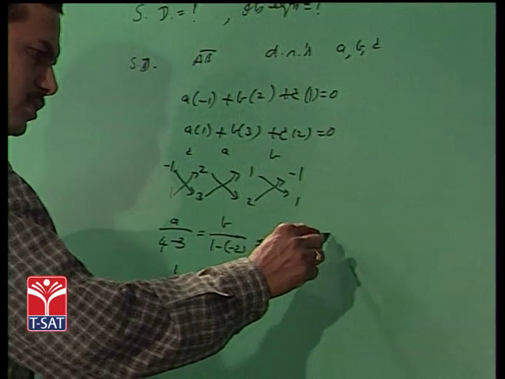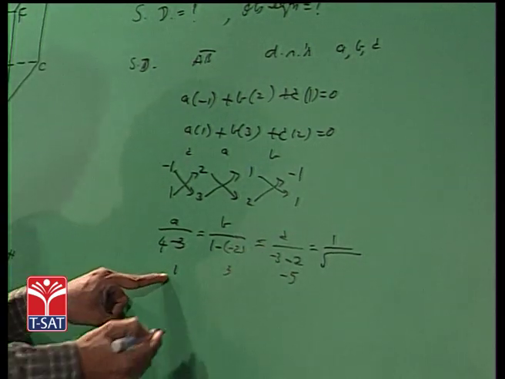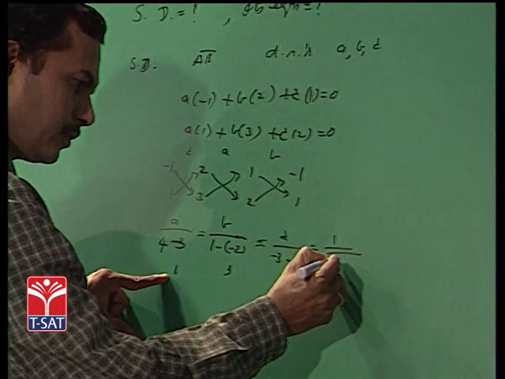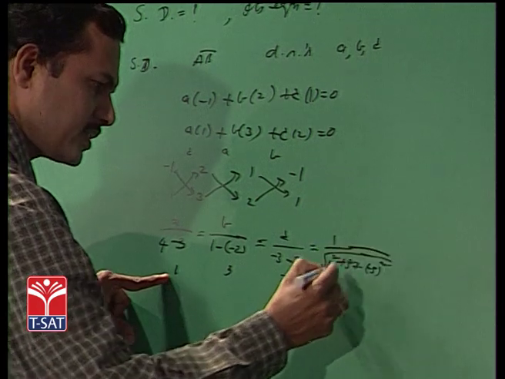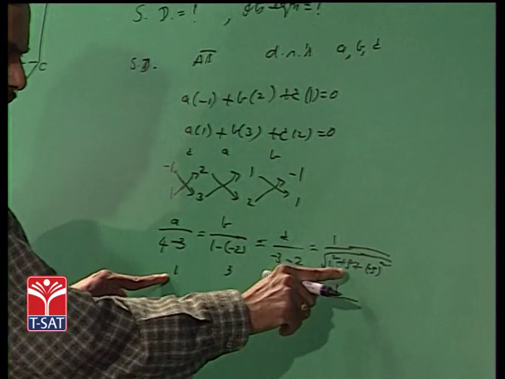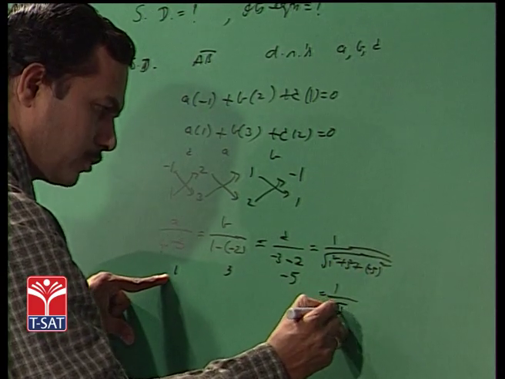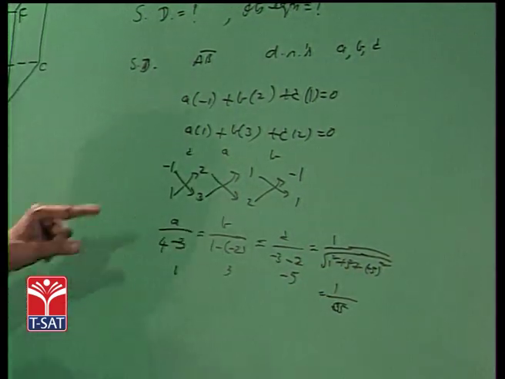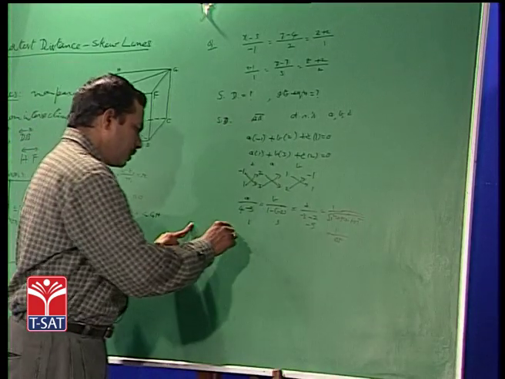Now, this is equal to 1 by square root of A square plus B square plus C square, that is 1 square plus 3 square plus (-5) whole square, and this is equal to 1 by 1 plus 9 is 10 plus 25 is 35. So, this is root 35, and therefore, the direction cosines of the shortest distance line segment are L equal to